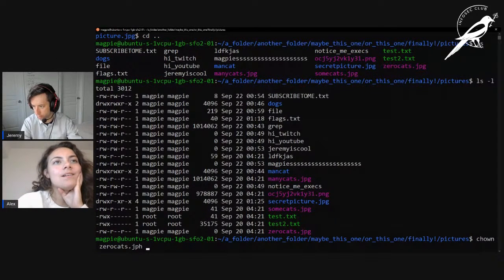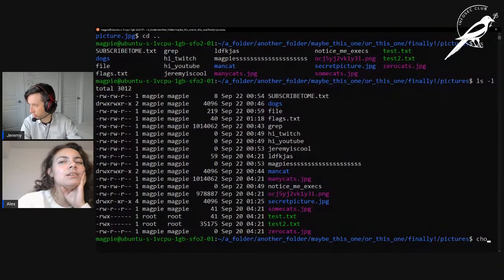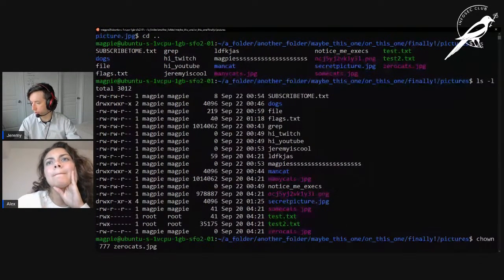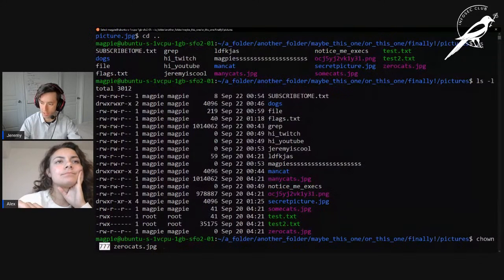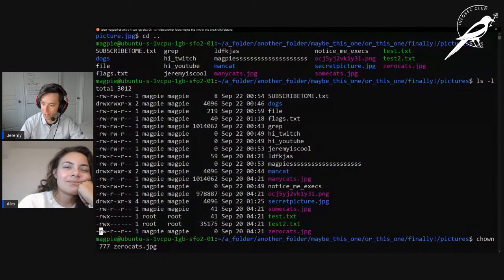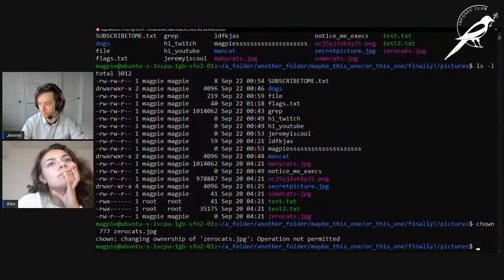Am I using this right? No, you need to. Oh, I need to do the 777. Yep. So this is saying chown 777. This stands for what the permissions are in the file. This is called octal notation. Anyone in 329 is doing this today and tomorrow. This is why I seem to know that term. 777 means that it sets all of these to read, write, and execute. So we're going to set 0 cats to read, write, and execute.